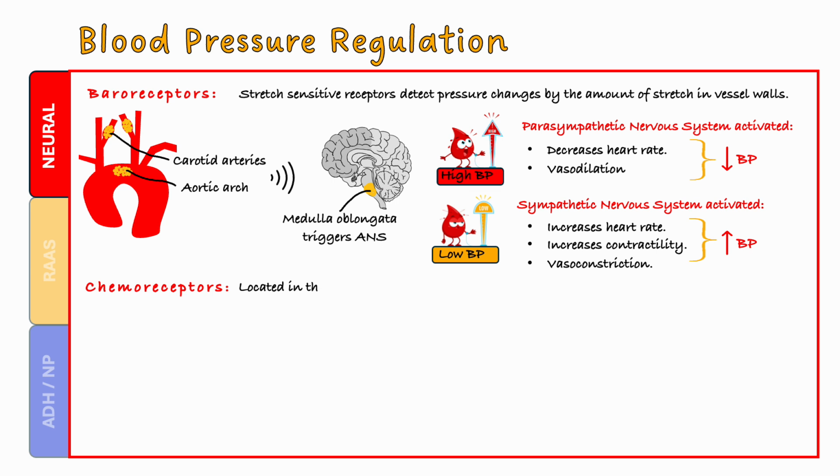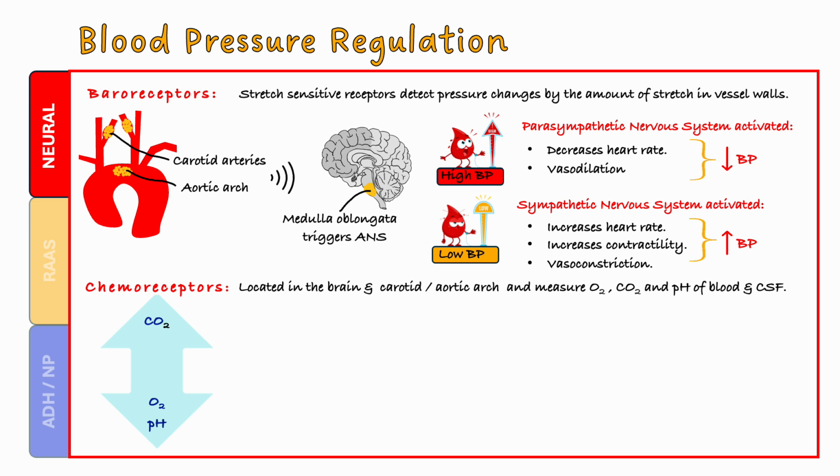Chemoreceptors are located in the brain, the carotid artery and the aortic arch and measure oxygen, carbon dioxide and the pH of the blood and CSF. When the chemoreceptors detect that carbon dioxide is high and the oxygen and pH is low, they will signal the medulla to increase the sympathetic nervous system activity. This induces a raise in the heart rate and vasoconstriction and subsequently a raise in blood pressure in an attempt